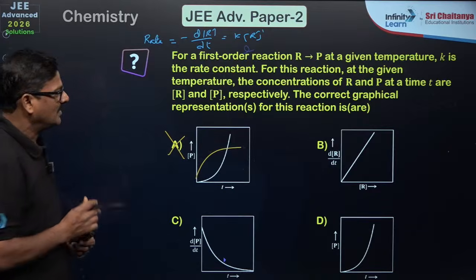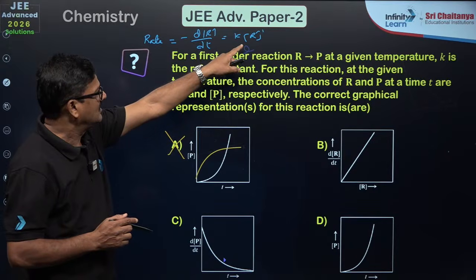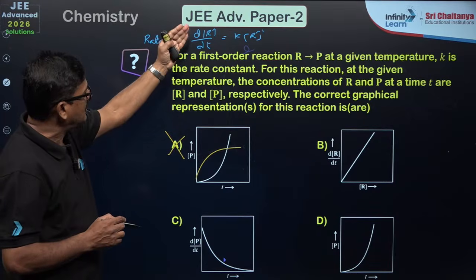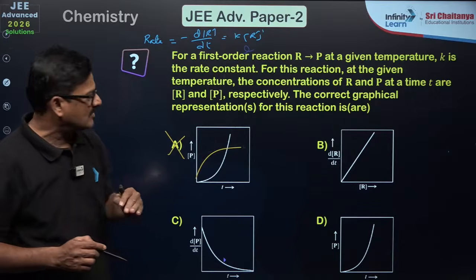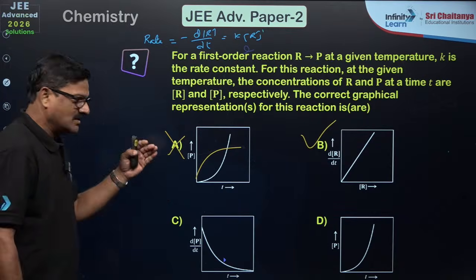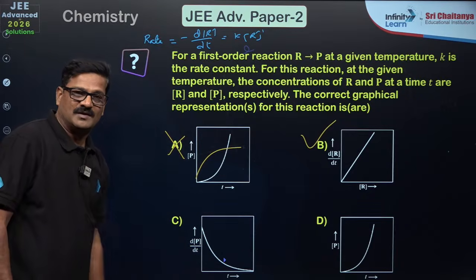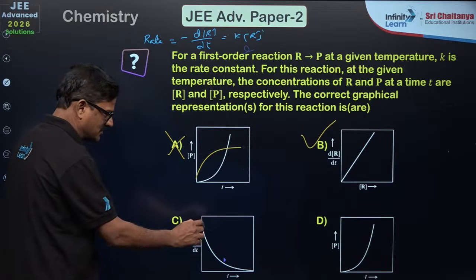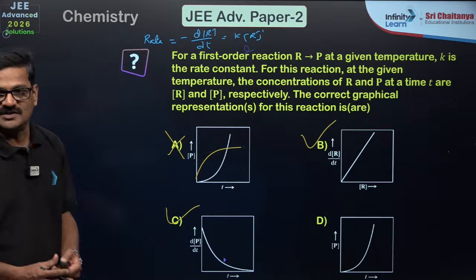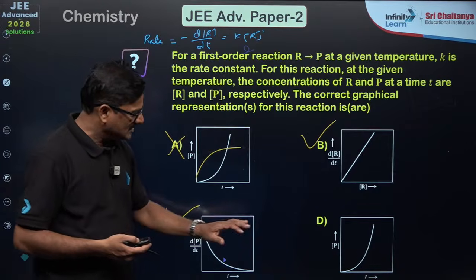It is not correct. And the magnitude of dR by dt is equal to k times the reactant concentration. So k is a constant, so the magnitude of dR by dt is directly proportional to the reactant concentration, so it passes through the origin, correct. And of course, as the reaction proceeds, the rate decreases with time, so that the reactant concentration decreases and the rate with respect to the reactant as well as the product also decreases with respect to time. And C is correct. Talking about D,